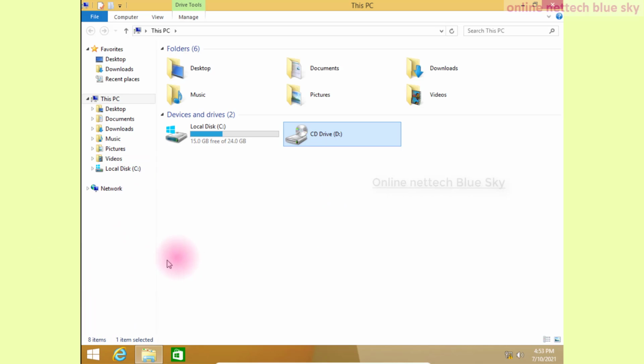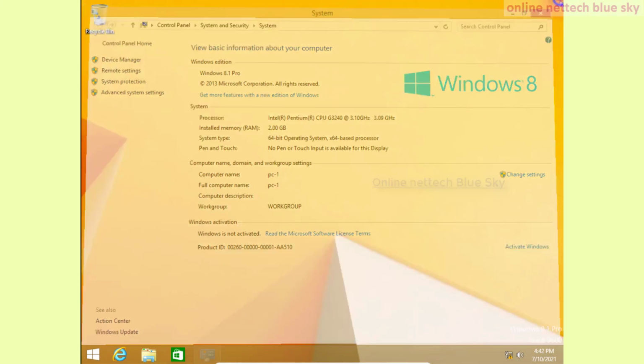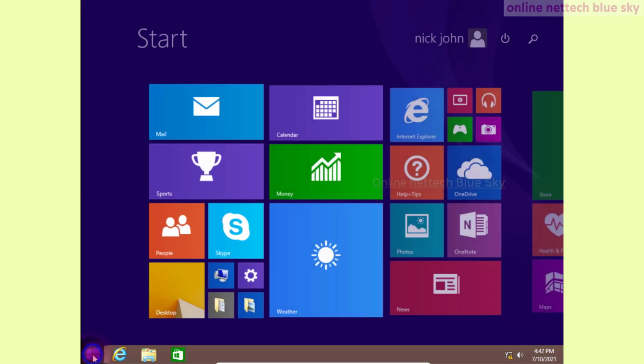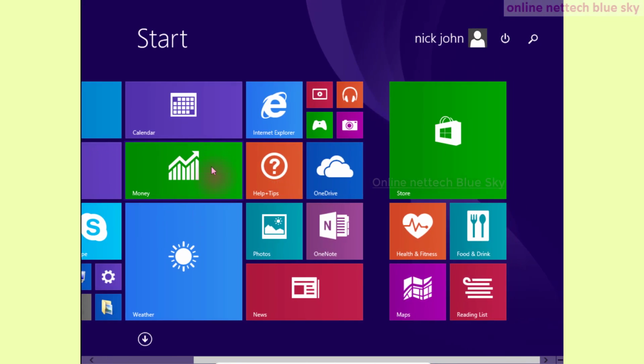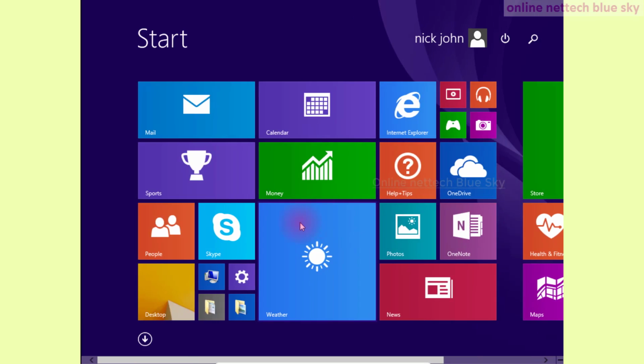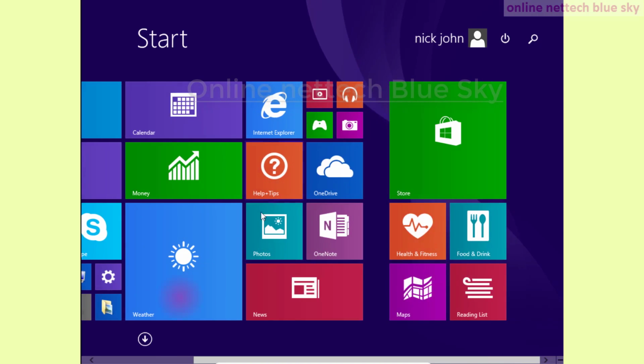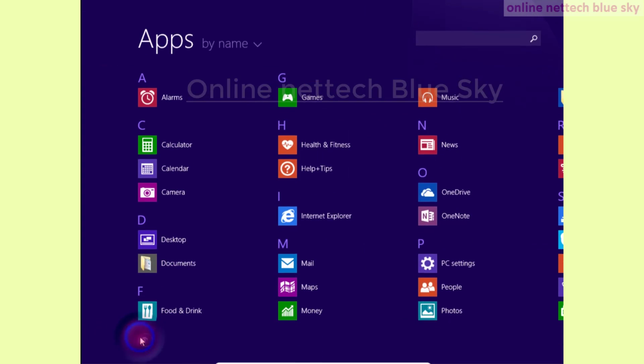You can see this is Skype and everything else, given by the Microsoft company, not by me. I did not download any application. These are given only by the Microsoft company. Microsoft gives different types of applications, so a lot of applications are showing for the specific system.